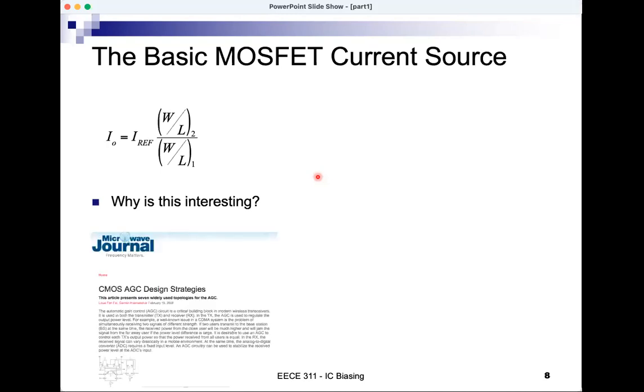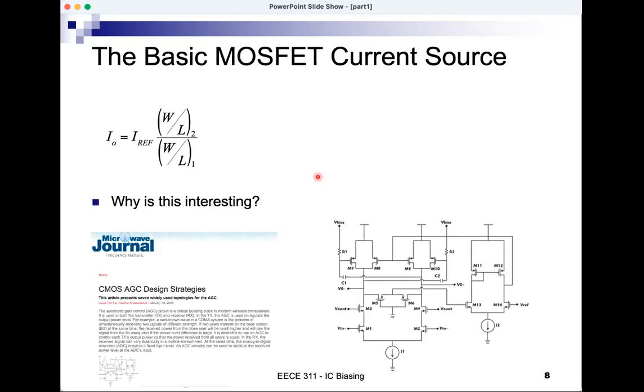Let's look at some circuits from real industrial designs. This is a circuit from the Microwave Journal about an amplifier. If you look at the circuit, what do you see here? You see a current source. You see here another current source. So these are really used in actual circuits, and we need them to bias